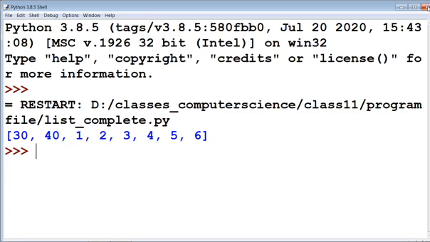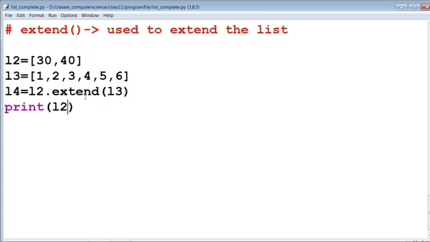Now we can see how to extend the list item. This is extending by using a list.